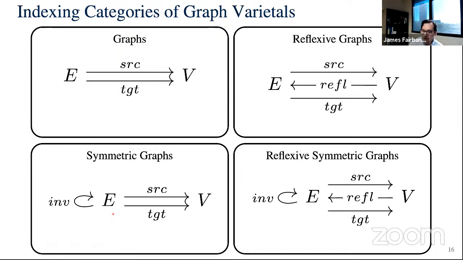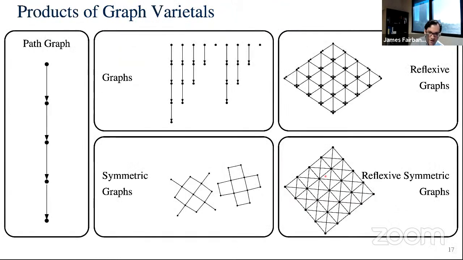by that involution. So then you can combine these two theories of graphs into reflexive symmetric graphs by just kind of merging these two schemas. This is actually a push out in the category of graphs, which is pretty cool. So you get reflexive symmetric graphs. And the morphisms between the graphs, the whole algebra of homomorphisms is defined by the schema. So when you change the schema, you change the morphisms. And when you change the morphisms, you change the categorical products here.